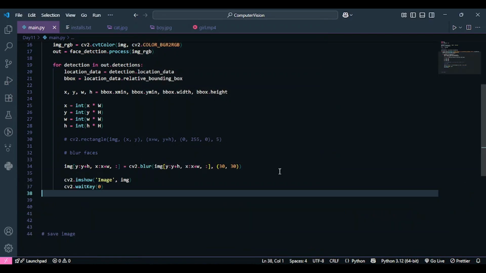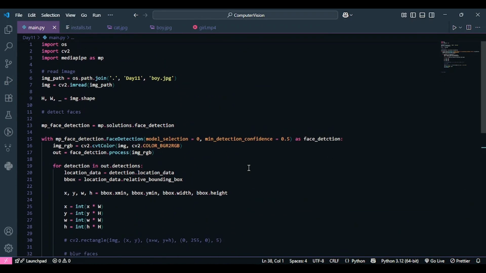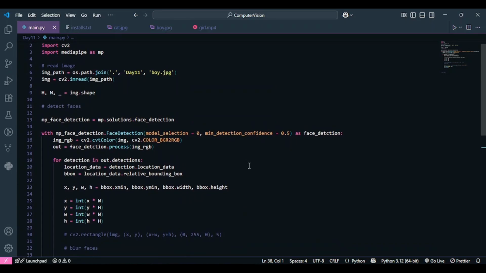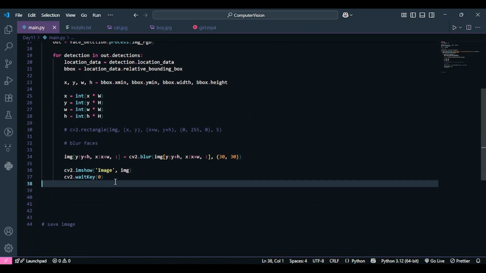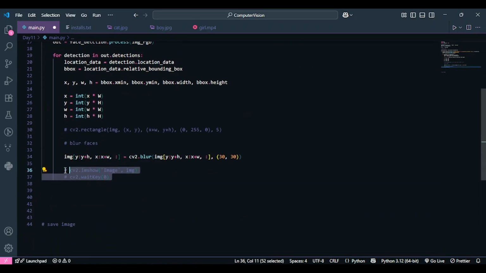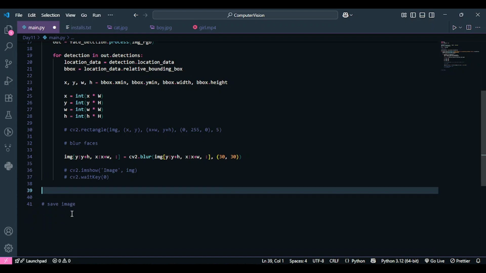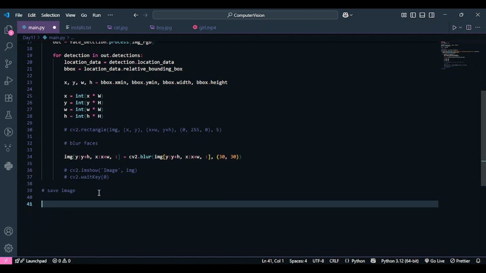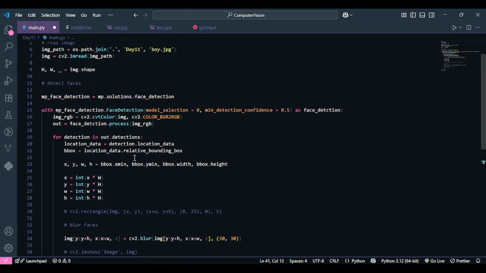In fact, we are almost done with our face anonymizer for an image. The only step that's left is we don't want to visualize our image over here. What we want to do is we want to save our image back to the computer. So this is what we are going to do, and we have already talked about it as well. We are going to use our OpenCV function, which is called imwrite, to write our image. So first we have to define the path where we want to write the image.